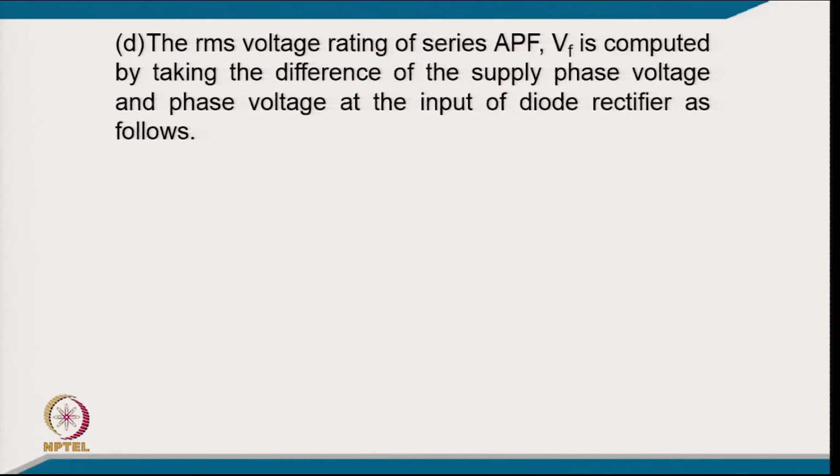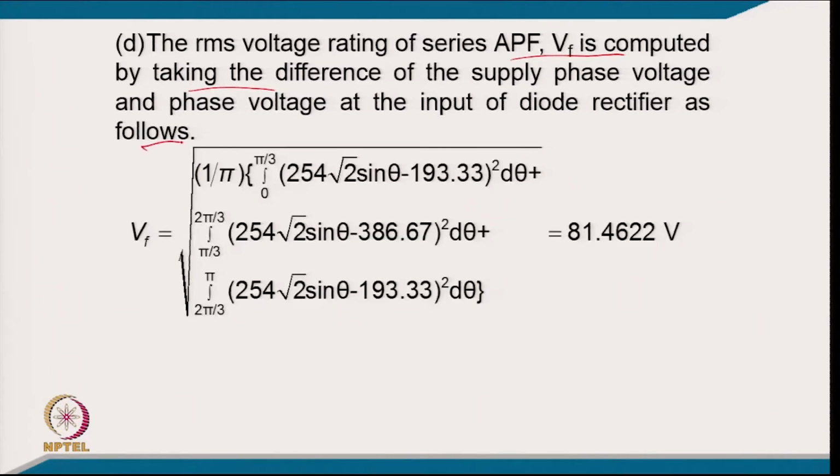The RMS voltage rating of the series active filter VF is computed by taking the difference of the supply phase voltage and the phase voltage at the input of the diode rectifier, as follows. So, that is the RMS voltage. We can use half-wave symmetry, so it is 2 by 2 pi for 180 degrees. For 0 to pi by 3, it is 254 into root 2, the peak voltage of the sine wave, into sin theta, minus VDC by 3,